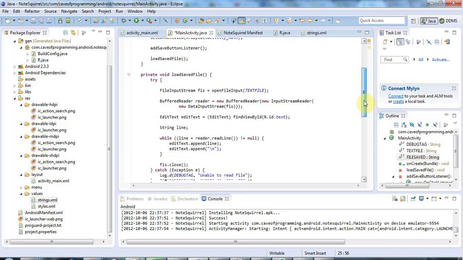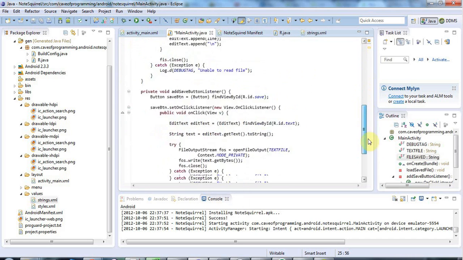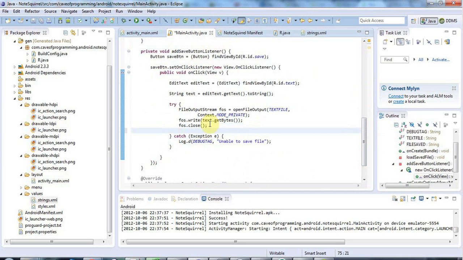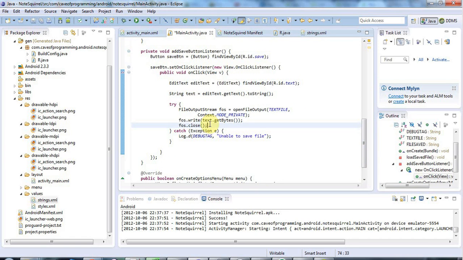And now if I look for the place where I added a listener to my save button, here when the user clicks the save button, I want to save a boolean value to indicate that a file has been saved. And to do that, let's go to within this onClick handler somewhere, let's go to this point, that should do it,